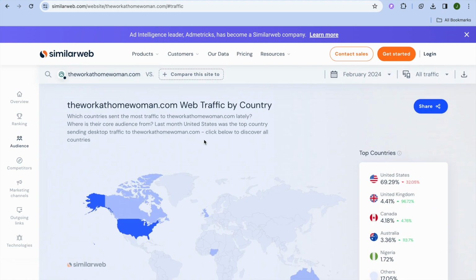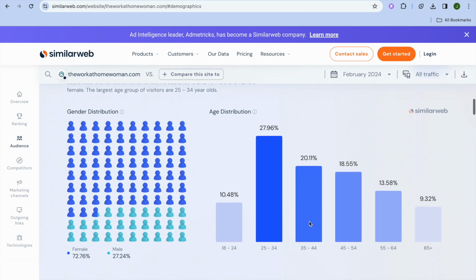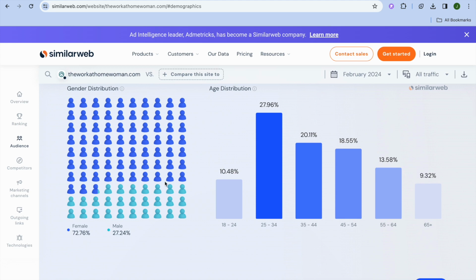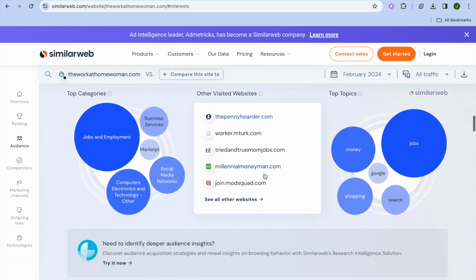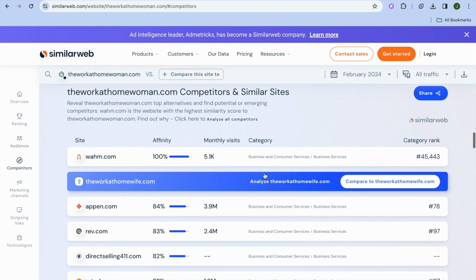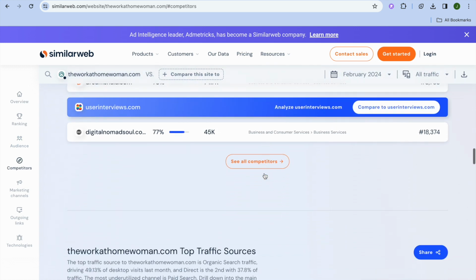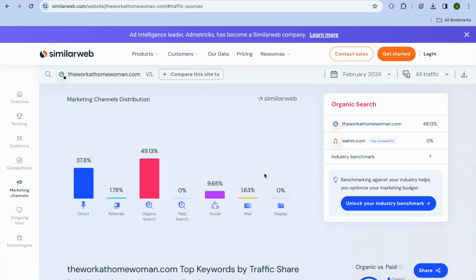You can see that the majority of their visitors are from the United States, the United Kingdom, or Canada. And by scrolling down, you can also see the gender, and you can also see the age that most persons are visiting them from. And scrolling down, we'll be able to see if the majority of their traffic is organic or if it is coming from social media platforms. You can see that the majority is organic, but you can also see that they have a large amount that is coming from social media,